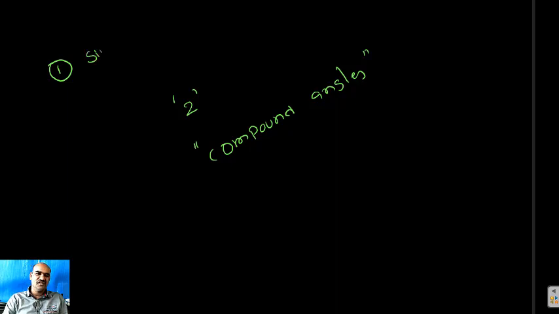What is sine function, what is cos function, what is tan function, what is domain, range, and everything we discussed in part 1. So part 2 is compound angles: how to find the trigonometrical ratios for compound angles. What is the meaning of compound angle? That is important, students. A is one angle, sine A is one trigonometric ratio, cos A is another trigonometric ratio for the angle A.